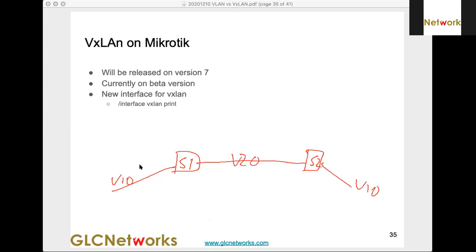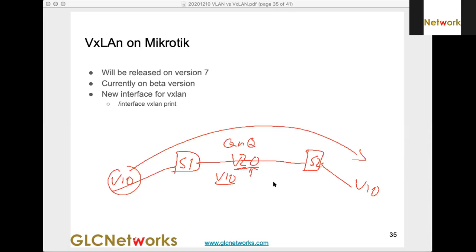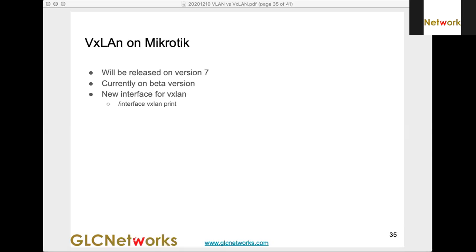If VLAN 10 wants to connect to another VLAN 10 across the current VLAN, you use Q in Q. When you send a frame here, there will be 2 tags. The first tag is VLAN 20, and the other tag is VLAN 10. So it's Q in Q. Hopefully that answered the question.